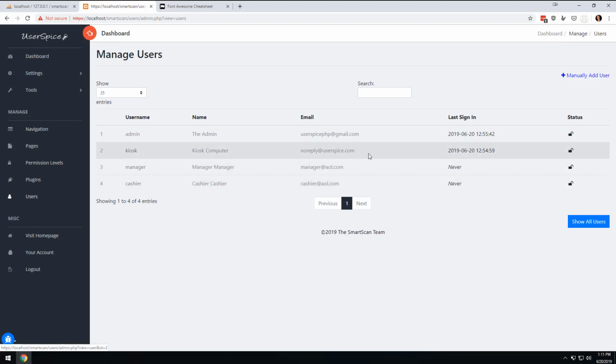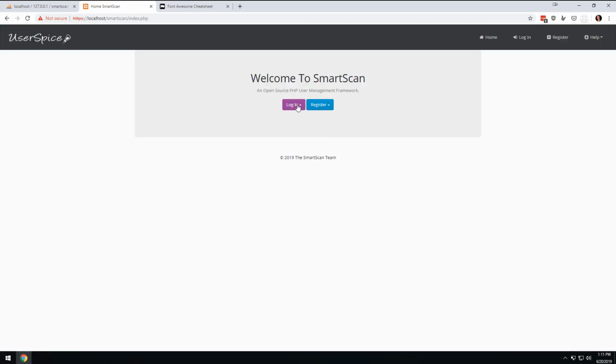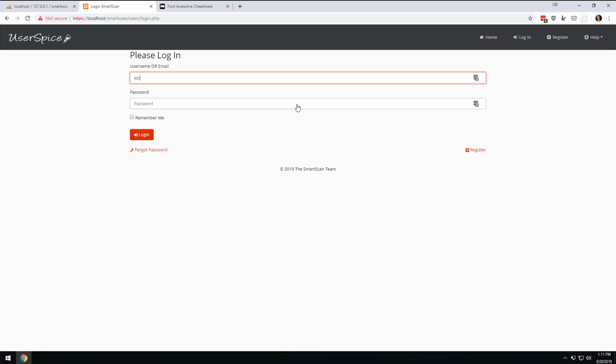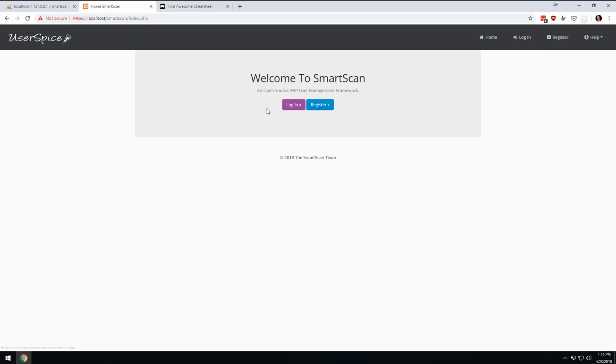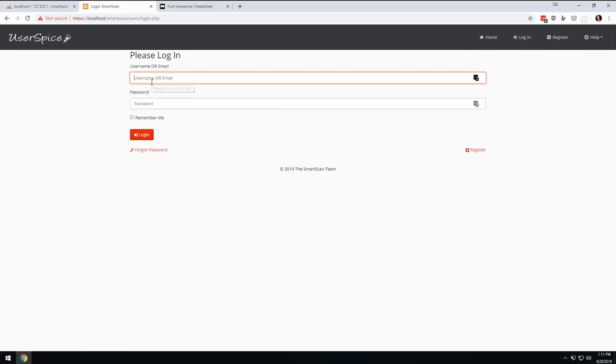So if I log out and come here to log in, and I do kiosk and password, now you'll see the only two things that the kiosk can do is settle arguments and check the balance. And in fact, I haven't made these links, so they're not going to go anywhere yet. Now if I log back out and I log in as manager,